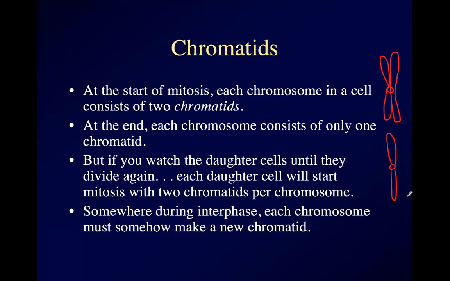Somebody mute, please. If you were to watch that cell divide and watch the 2 daughter cells and keep them alive under your microscope slide and watch them until they divided again, each daughter cell is going to start with 2 chromatids per chromosome. So in mitosis, we go from 2 per chromosome to 1 per chromosome, but somewhere in